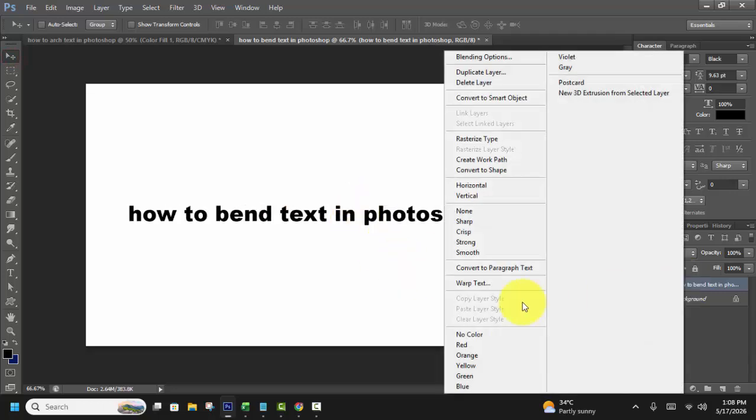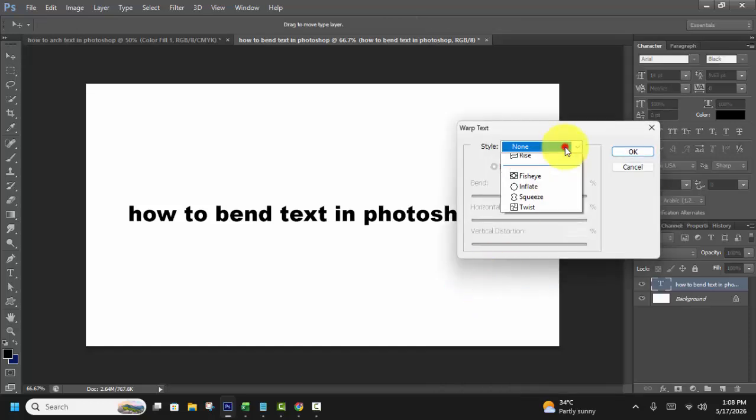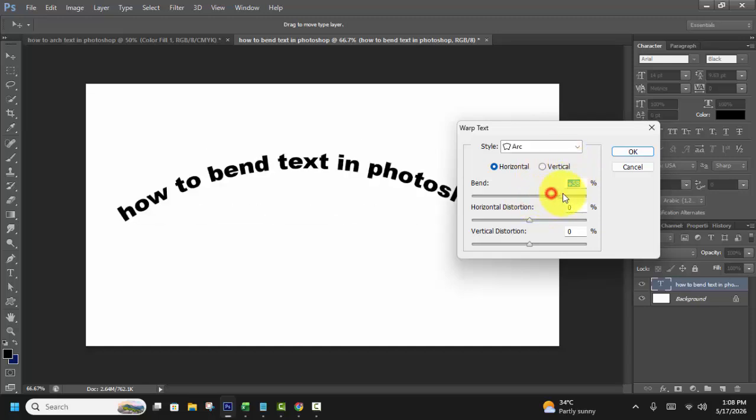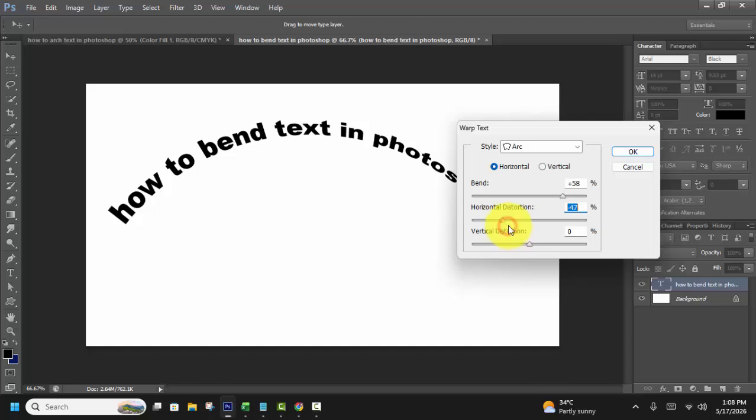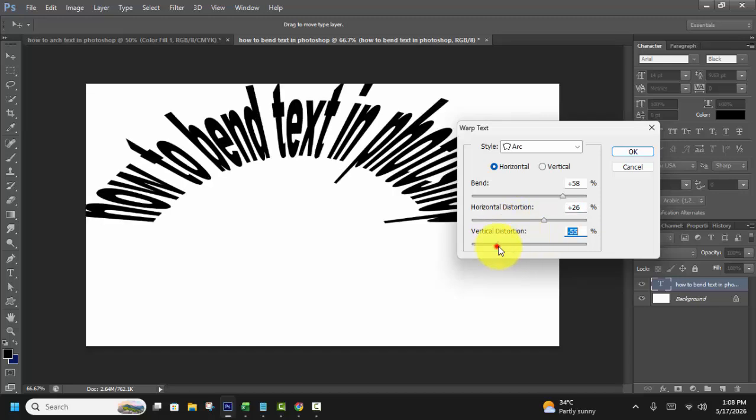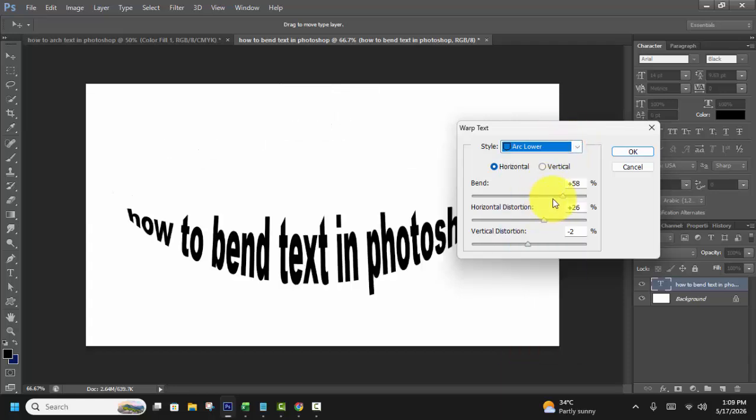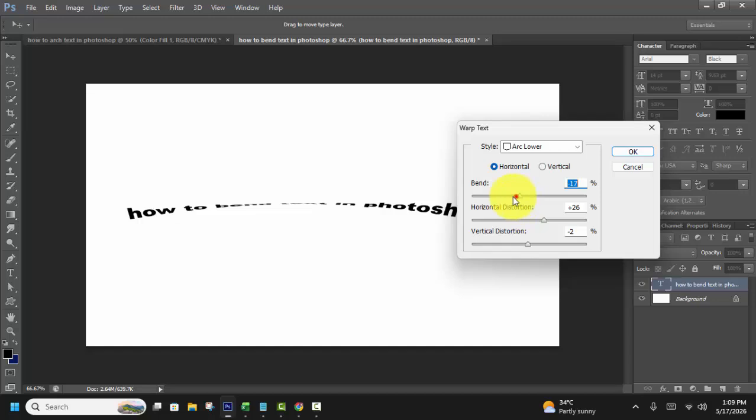Step 1: right click on your mouse or text style, choose your style or the most popular style: arc, bend, horizontal, distortion, vertical, arc lower and upper,